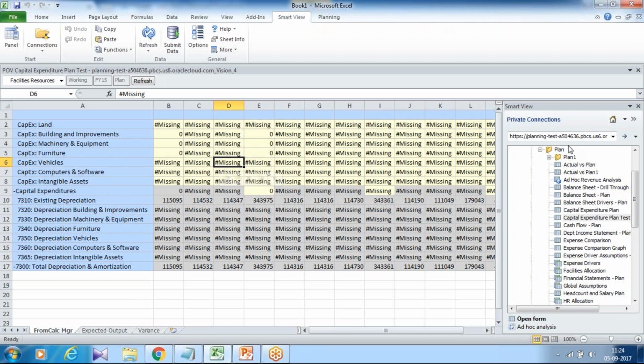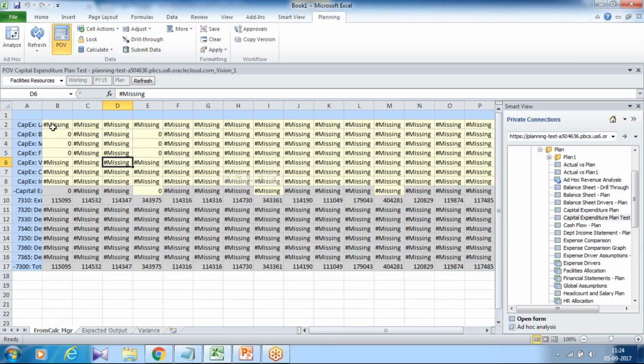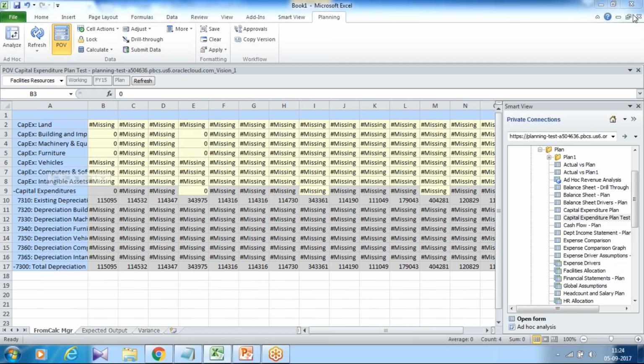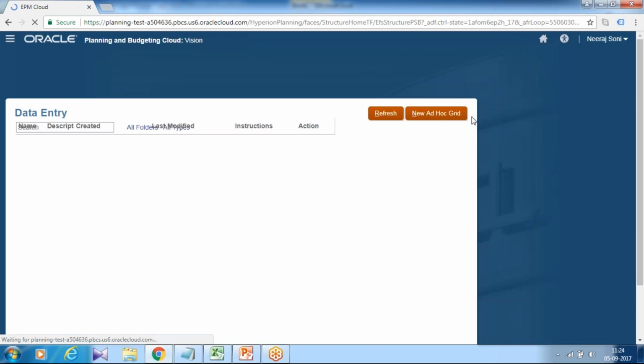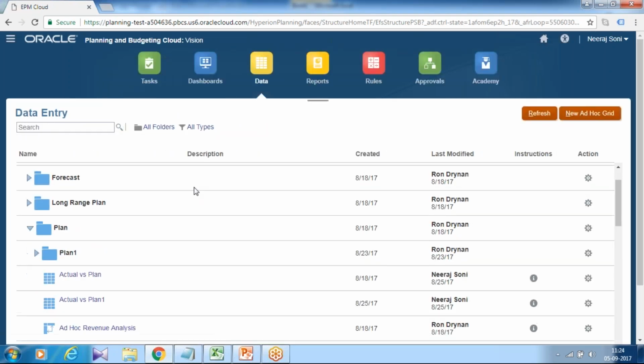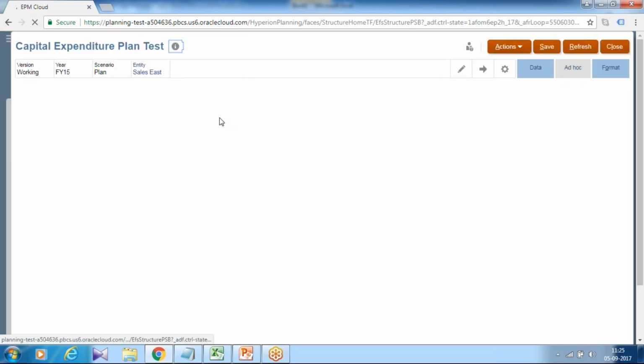What you can do, you can log into your Smart View. If you're new to Smart View, please watch my video about how to configure Smart View and PBCS. Open your data form, right click and you can open your data form, and I would be putting numbers over here. If everything is good, the business rule would be invoked. Let's see. You can also invoke this business rule from your simplified interface. So open your data form, put some numbers, and here your business rule would be executed.